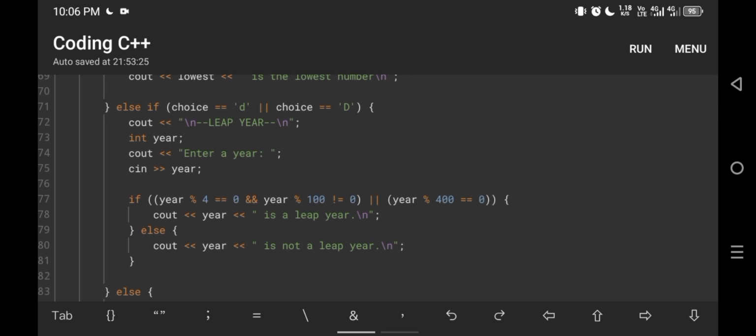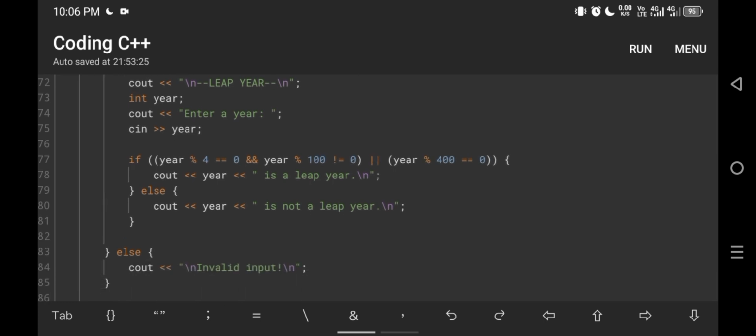If the user enters a year, it will be stored in a year variable. And in line 77, if the year is divisible by 4 and not divisible by 100 unless also divisible by 400, it will print the year is a leap year.